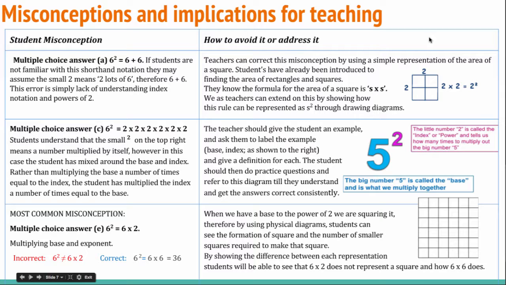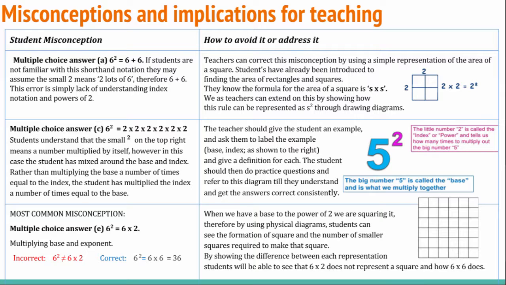Students are already familiar with the formula for finding the area of a square, which they know as S multiplied by S. We as teachers can extend on this by showing how this rule can be represented as S squared and still mean the same thing. This can be done through drawing diagrams and in-depth explanation. We can explain to the student that a value multiplied by itself can be represented as